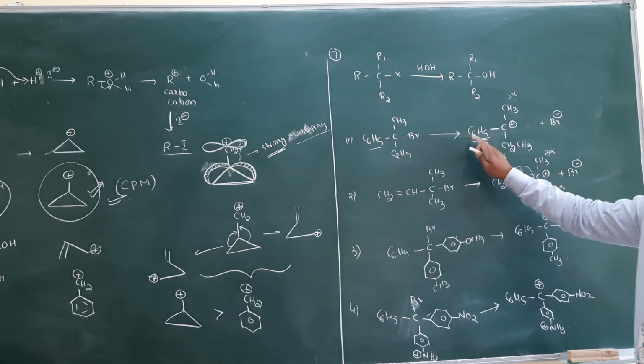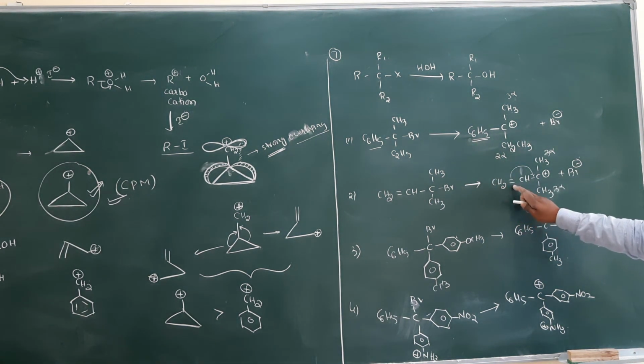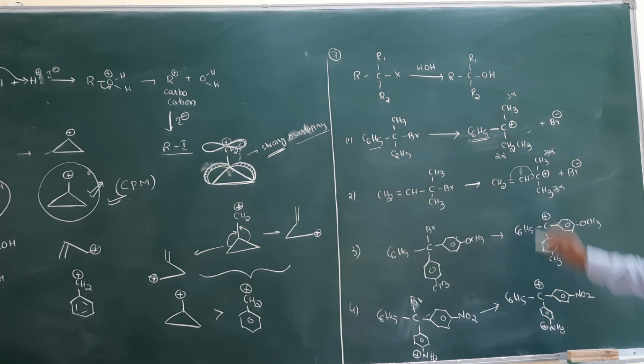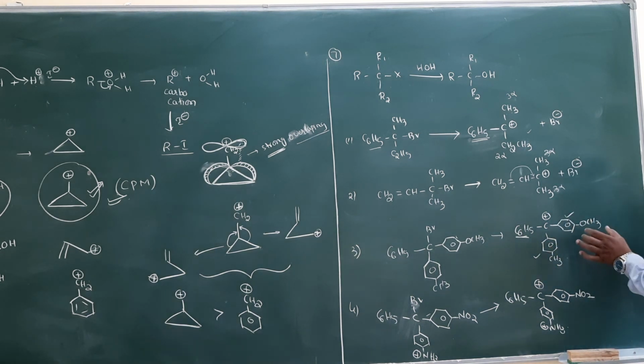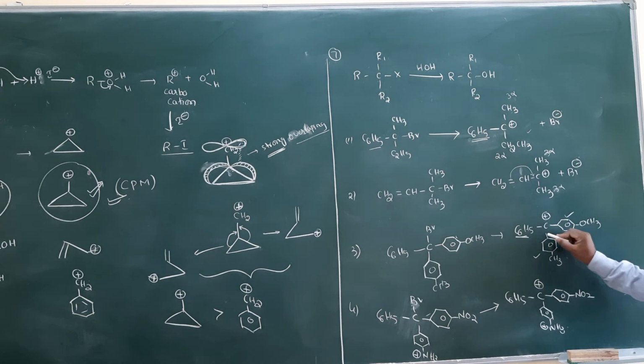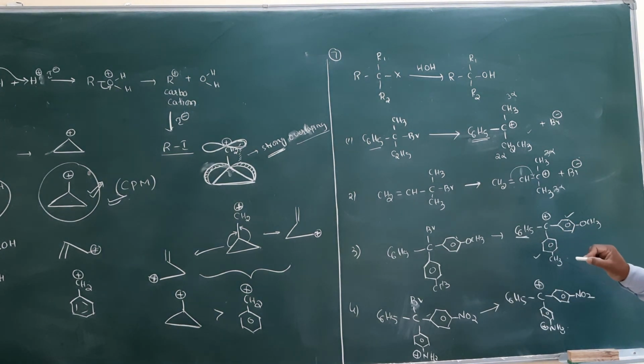But here we will get 3 double bonds, pi bonds are there. Here only 1 pi bond. And this is most stable compared to this. So this is most stable. But come to here. So we have 3 benzene rings, 1, 2 and 3, and this carbocation, and also here which groups have they given? Electron donating groups they have given. Electron donating groups, what will they do? It increases the stability of carbocation.